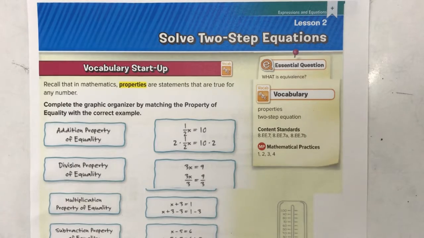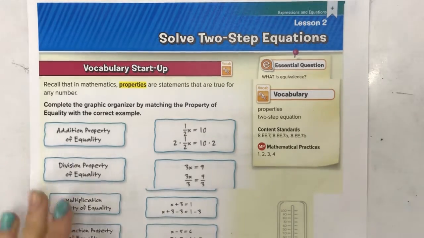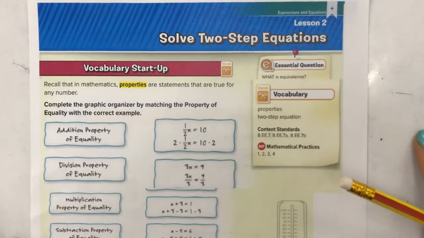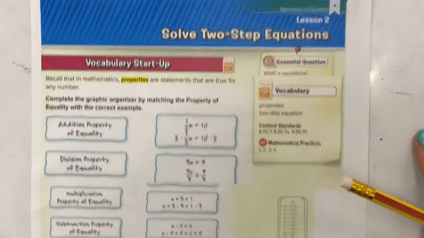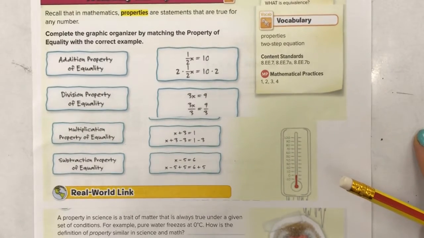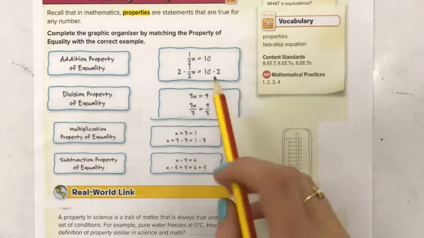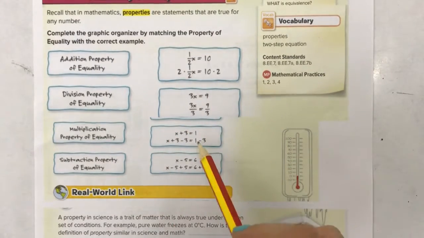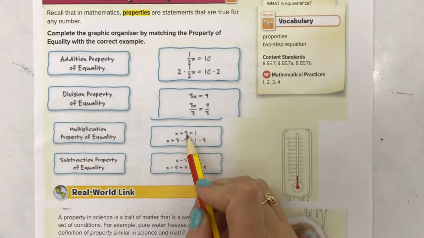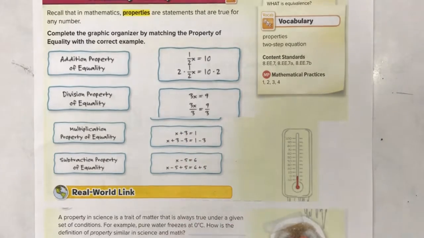Solve two-step equations. Recall that in mathematics, properties are statements that are true for any number. Complete the graphic organizer by matching the property of equality with the correct example. Well, addition, let's look here. If you have an added number,